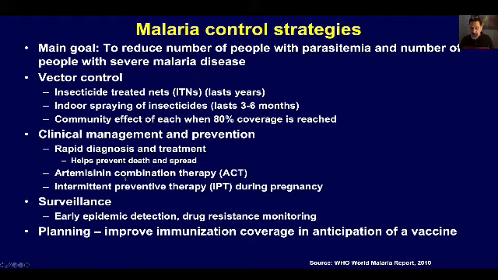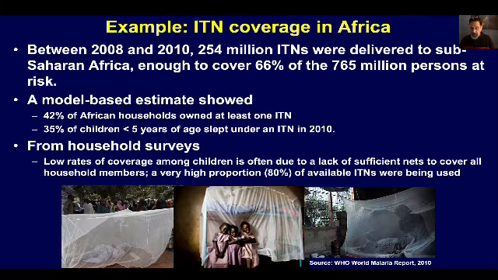Combination therapy where there's resistance, and also using IPT, or intermittent preventive therapy, during pregnancy. And of course, surveillance to detect epidemics earlier and monitoring drug resistance is also really important. So just to give you an idea of what the insecticide-treated net aspect of the vector control looks like,